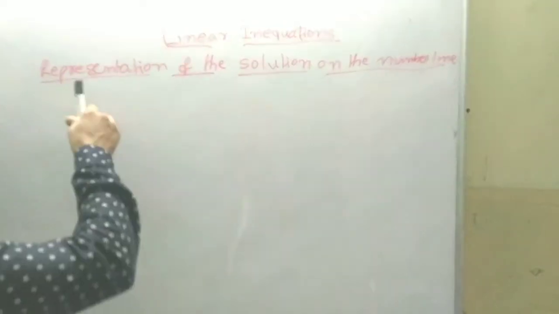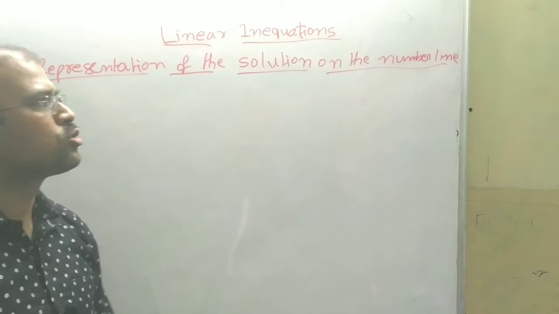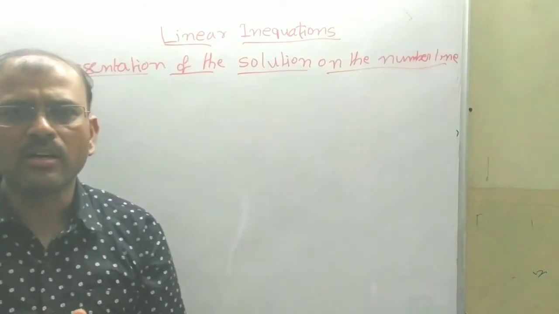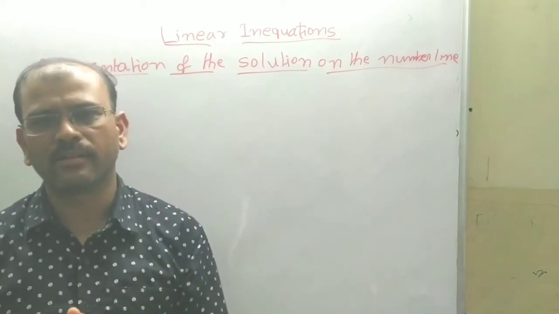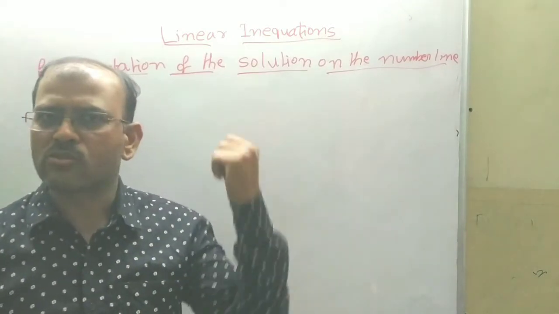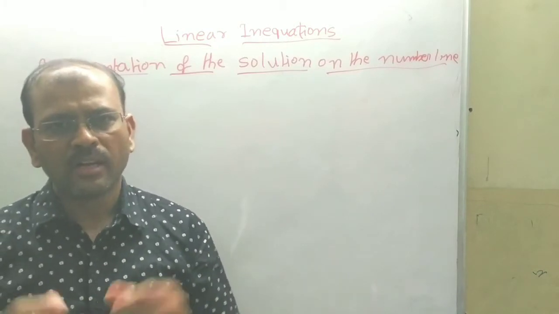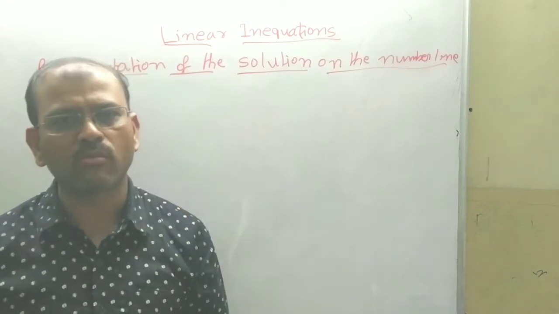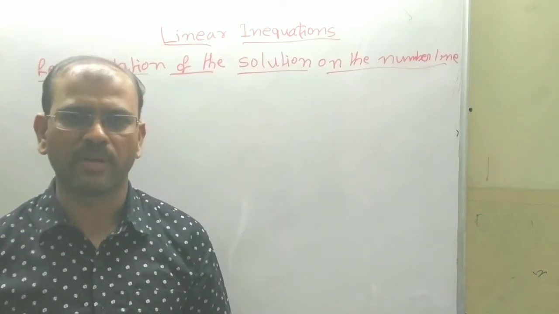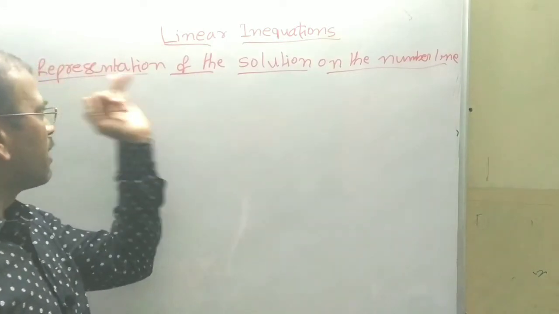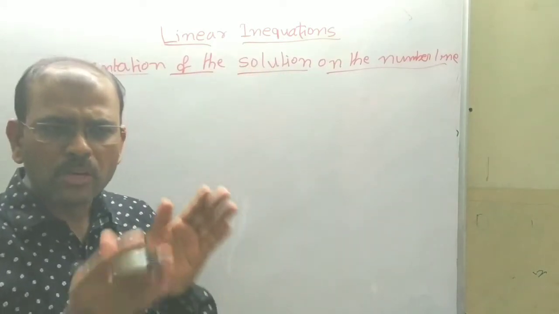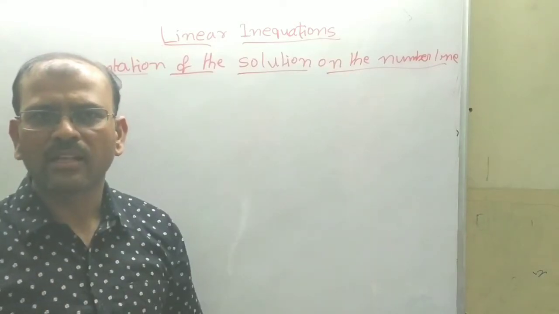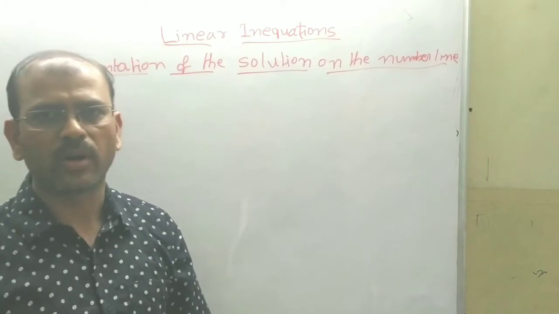Next I am going to explain the representation of the solution on the number line, and how we plot the solution on the number line. The previous two questions I explained give the foundation for the actual questions we are supposed to solve for the board examination. Here we represent the solution on the number line. First I am going to explain the basic part. After that I will explain the actual questions they ask in the board examination.